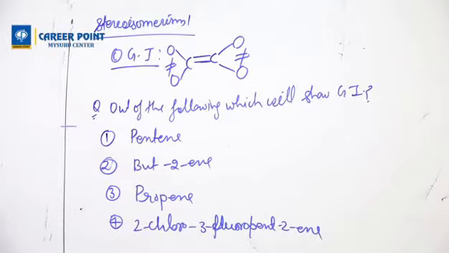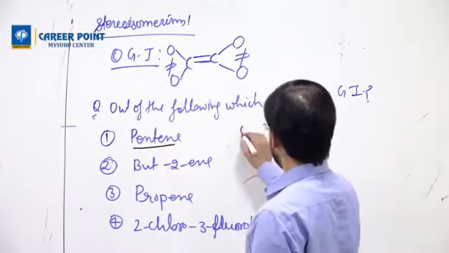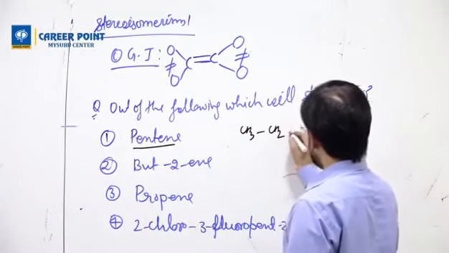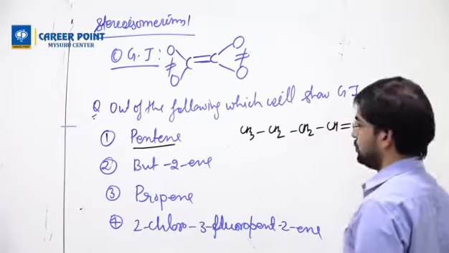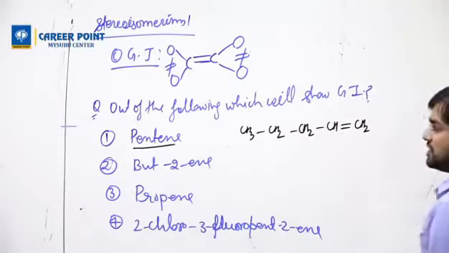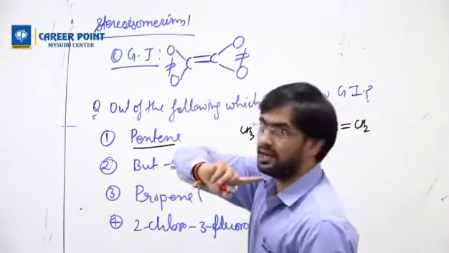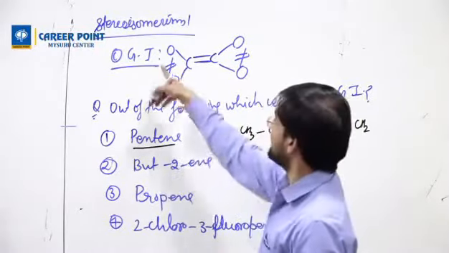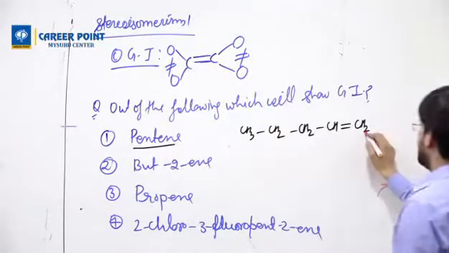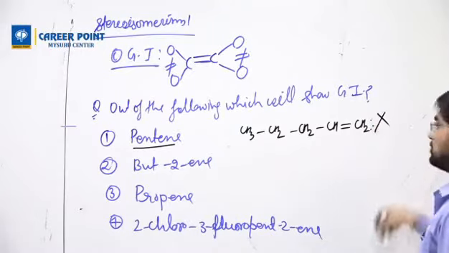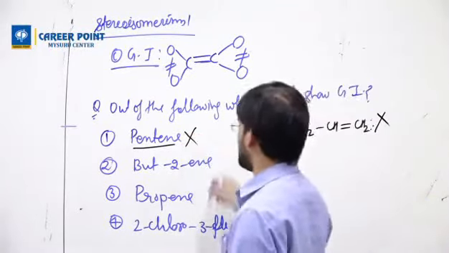So, now you see how do we solve this problem? We'll draw pentene. Pentene will draw CH3, CH2, CH2, CH double bond CH2. This is pentene structure. Now, if both sides are not different, either this side or that side, if any side is different, then it won't show. Here, one side is same, it won't show. Both sides should be different. So this won't show. This is not your correct option.